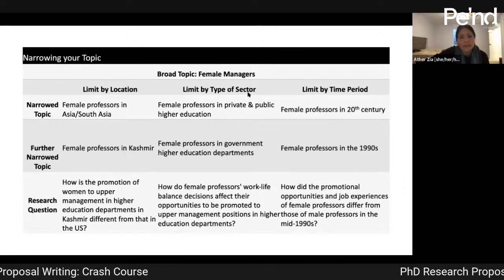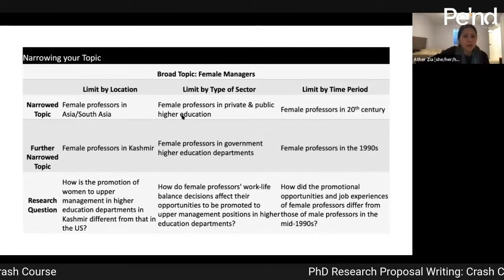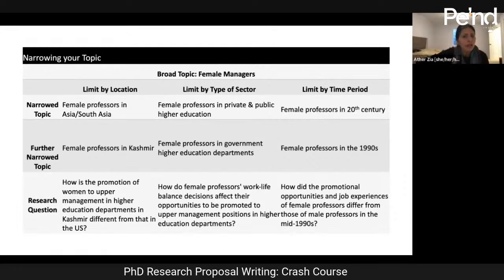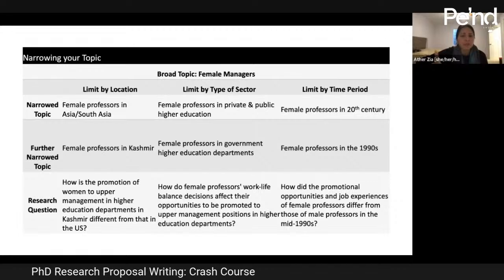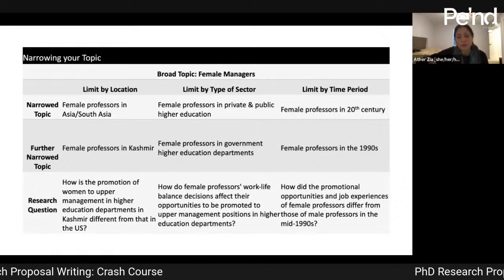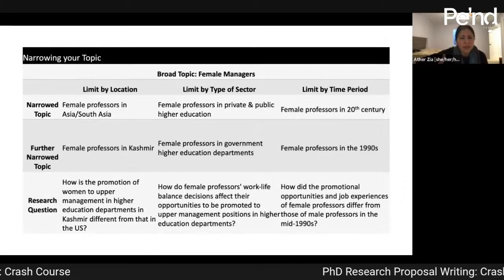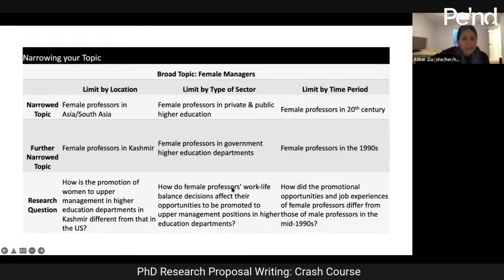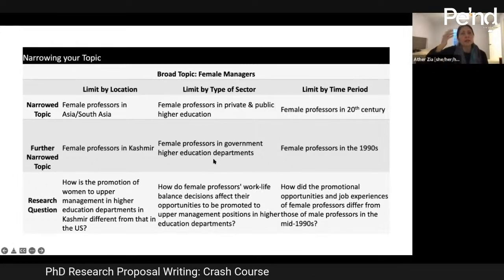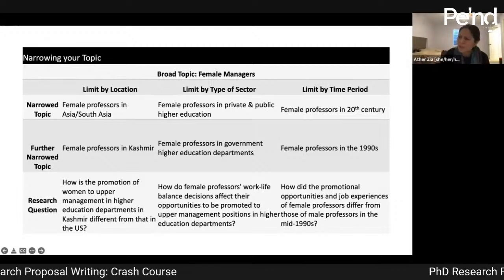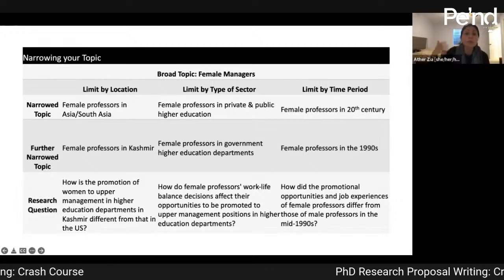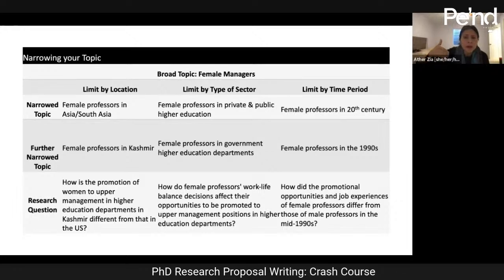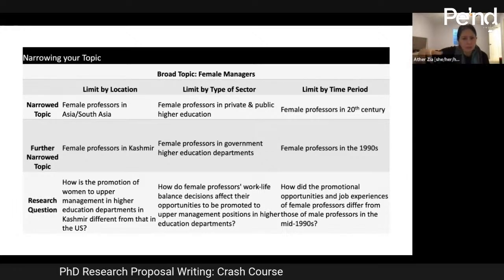Or you're limiting by sector. The first narrow topic for us would be, because now we are interested in, as I said, female professors. Let's say we are looking at female professors in private and public higher education, private and public universities. So we're limiting ourselves by the sector. But then you think about Kashmir and think about, is it feasible? How many private universities are there? Or maybe you also look at some other countries, or you look at maybe some different states